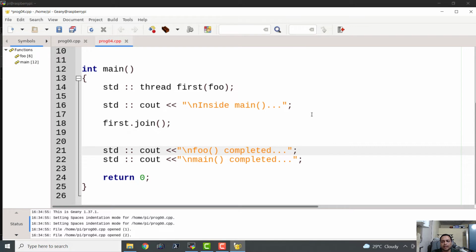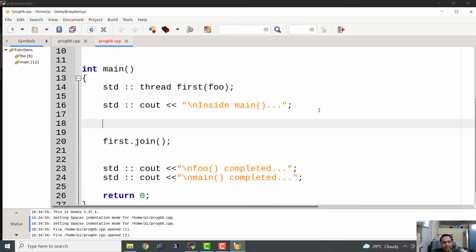And the way to do that is very simple. I can just say first dot detach. So this is going to separate that thread from the main process, and it is going to create a daemon process corresponding to our thread.